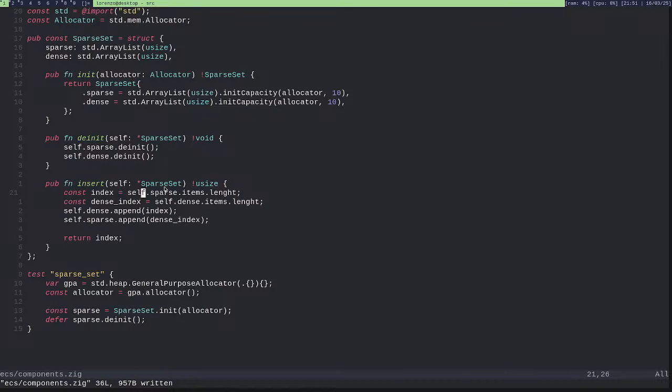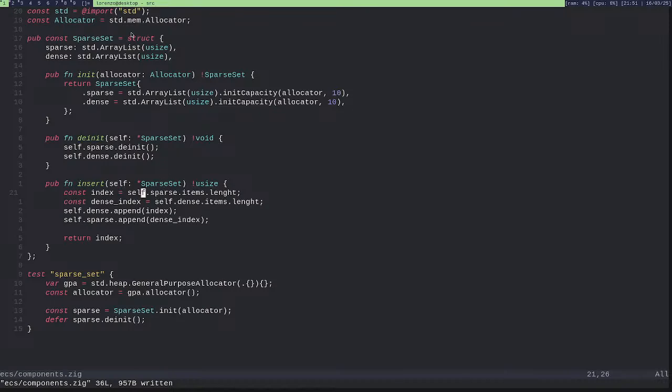And I don't want it to grow indefinitely, forever. So I have to set this in a way that I can recycle IDs.